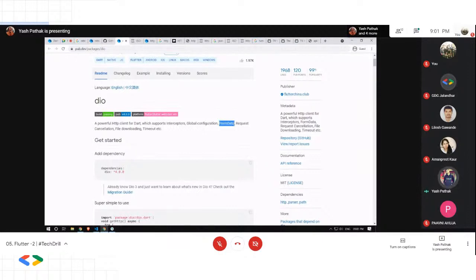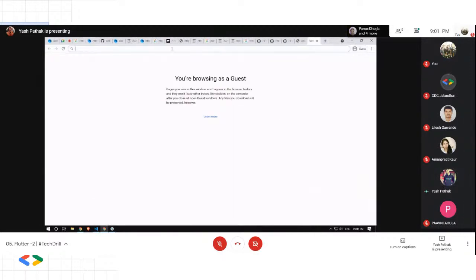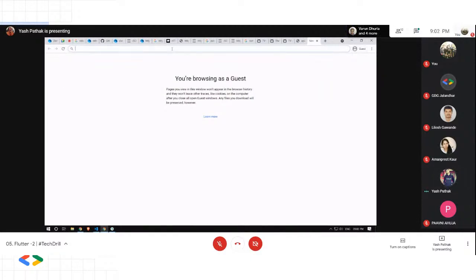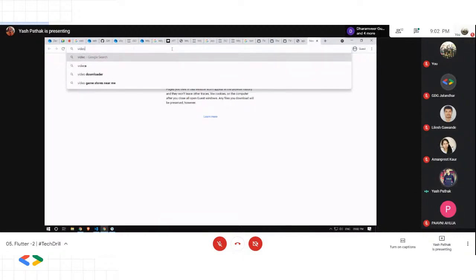Form data can send your data in two formats. One is the string, and second is the file. Now that file can be anything. It's a doc file, PDF file, image file, video file, right? So people use form data all the time when they want to, let's say, okay, there are these services online which allow you to convert things. Okay, so let's say you want to send something, video to